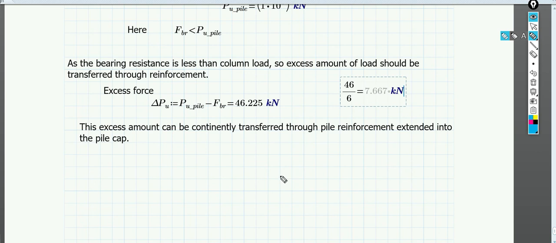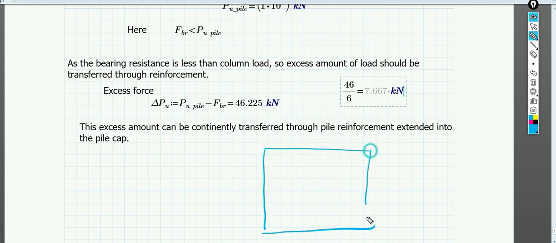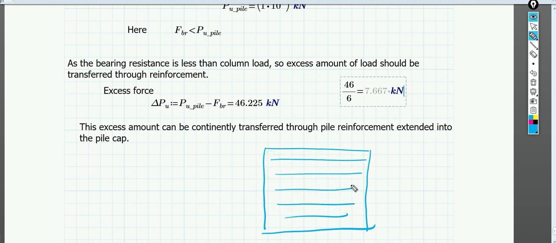So considering all these cases, we have finally come to the conclusion that for this pile cap that we are designing, with our four piles, we have to provide reinforcement of 16 mm. The reinforcement will be along both the sides, which is 16 mm